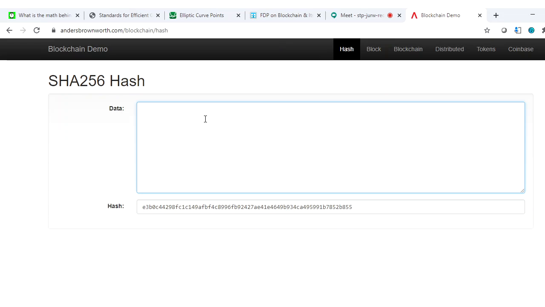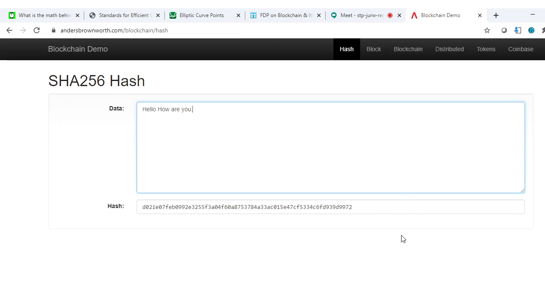If you type "hello, how are you?", this message digest will be generated, which is called SHA 256. For this, you will find some library functions also. You can straight away use those functions and generate this hash code. This is a 256-bit hash data, or we can say message digest.